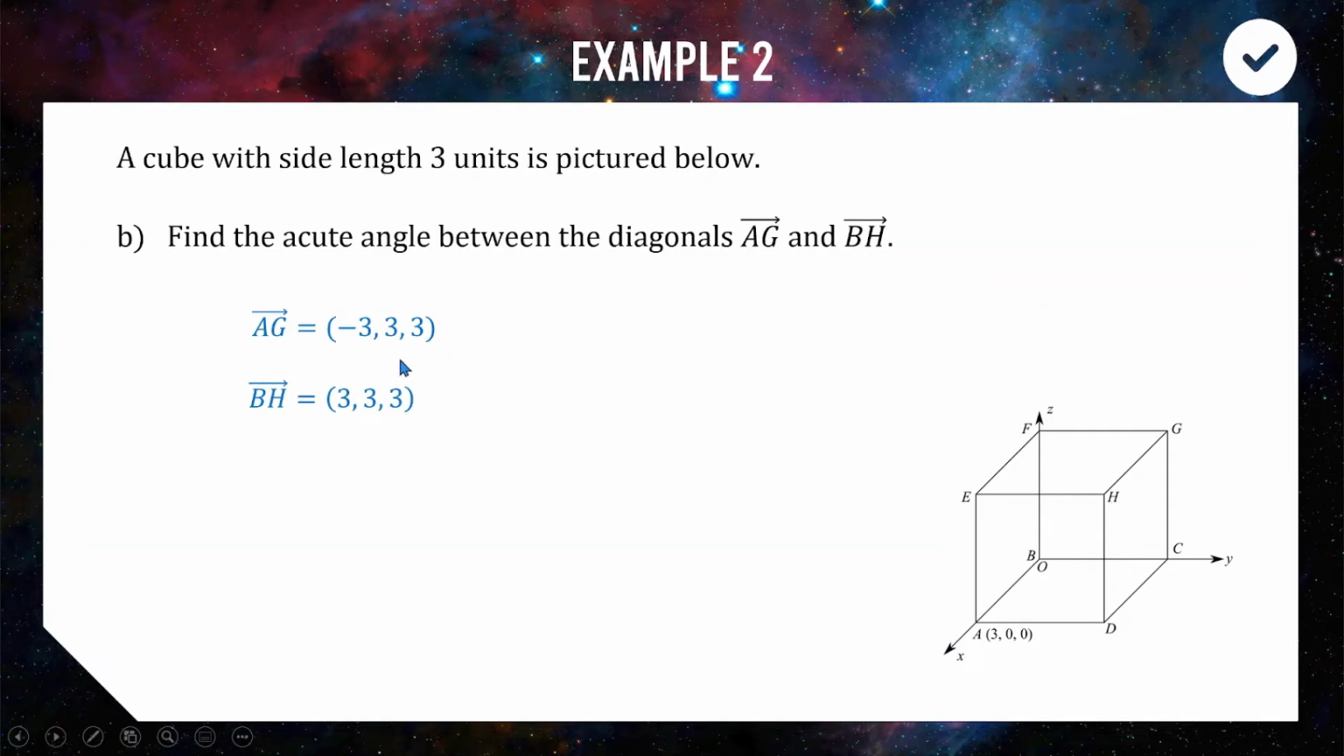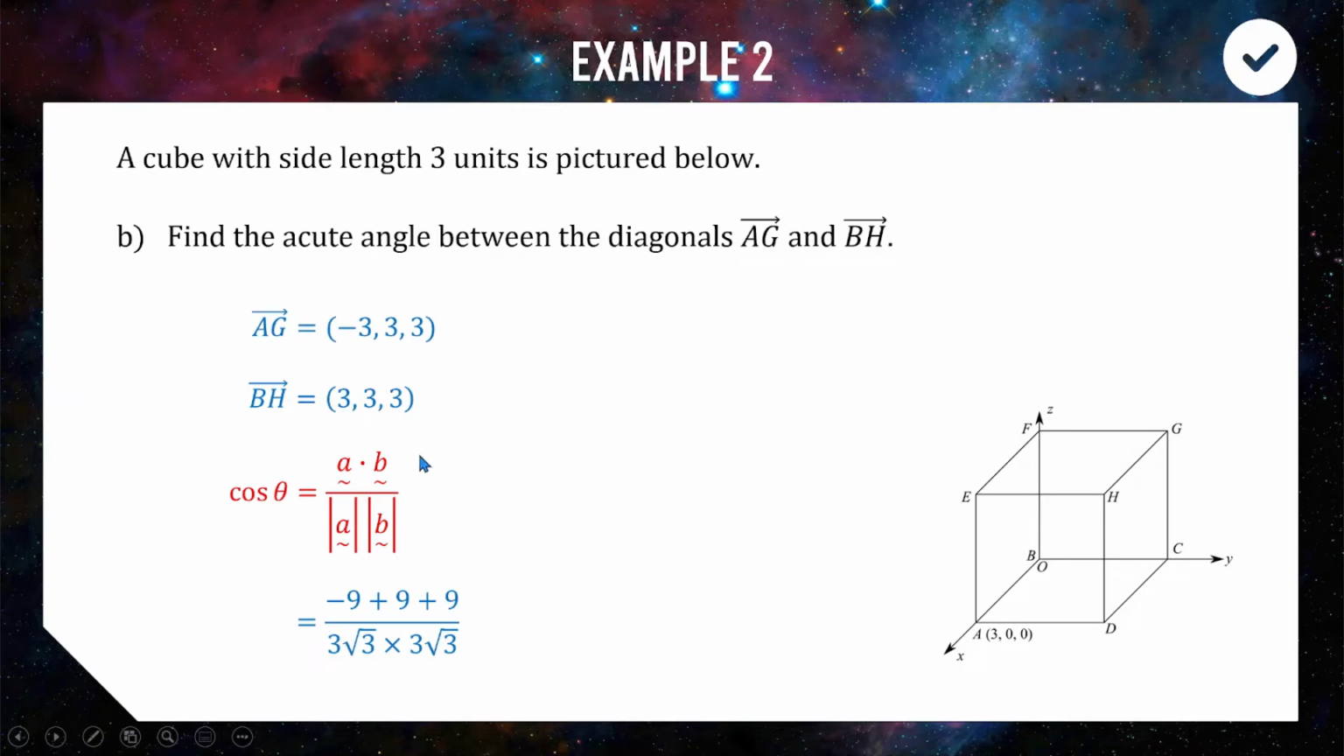All right, we have our two vectors. Now we're going to find the angle between them using our familiar formula. So we'll do the scalar product on the top. So we have 3 times minus 3 plus 3 times 3 plus 3 times 3. On the bottom we have the magnitude of AG, which we found in part A to be 3 root